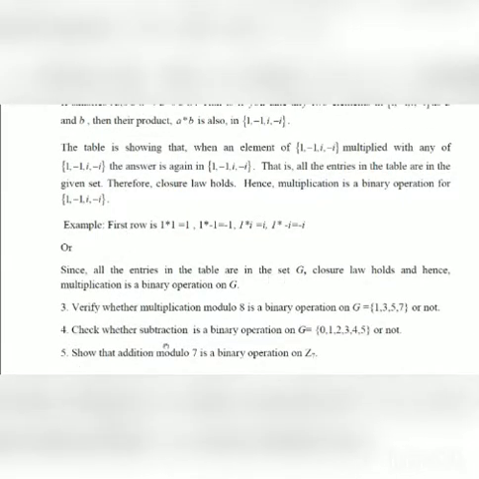Now, I had given 3 examples. You work it out and you construct the table and verify whether this holds or not. That is, whether all the entries in the table are in the set G, the given set, or not. If they are in the given set, then closure law holds, and the given arithmetic operation is a binary operation. Otherwise, not a binary operation. That's it. In this problem, I had given subtraction. You see these things. Now, we'll write the Maxima code and we'll execute it and try to obtain the results.